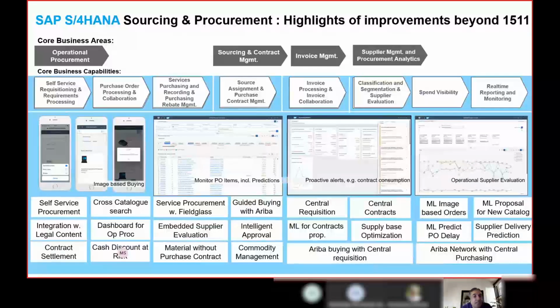For him, it becomes a very time-consuming job to identify the part code, then place a request, and then get the order of that particular material. Now with image-based buying, the user can take an image of the particular part he wants to order. The application will automatically identify the part code for it. And from there itself, a user can place a purchase requisition or a request for buying this particular product. So you can see your process has become so efficient, your entire lag has been reduced by a good number of hours.